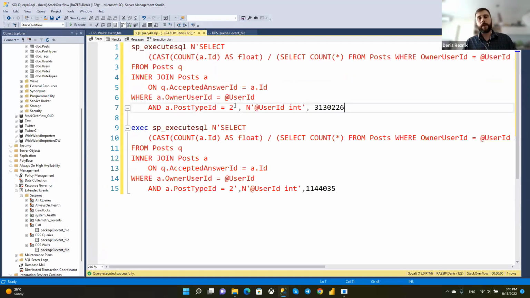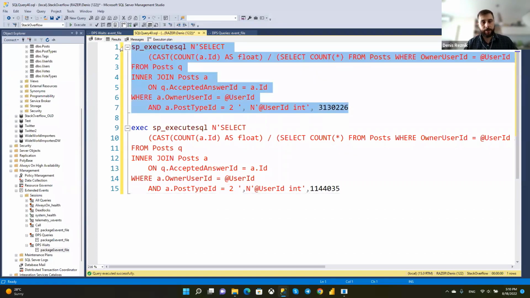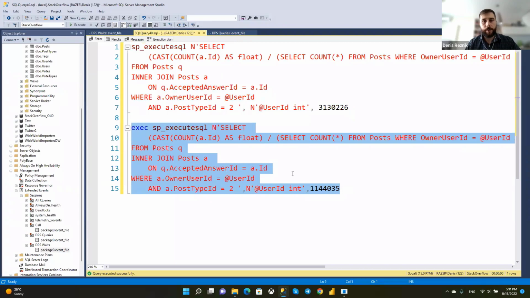So I will modify the query a bit. I will add white space, which will force SQL Server to compile this query again. Then I will run it several times with my previous parameter, which is my user ID. And then I will run it with a new parameter, a new user ID.